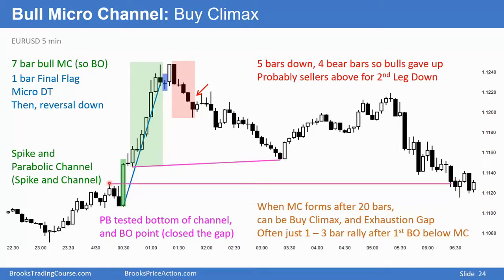We have a breakout point here. This bull bar broke out above that high, and the breakout point finally got tested over here. At this point, we have a gap, this high, that low. The bears tried to close the gap here, could not. But 80 bars later or so, the bears finally got below the breakout point, and then this gap closed, and this became an exhaustion gap.